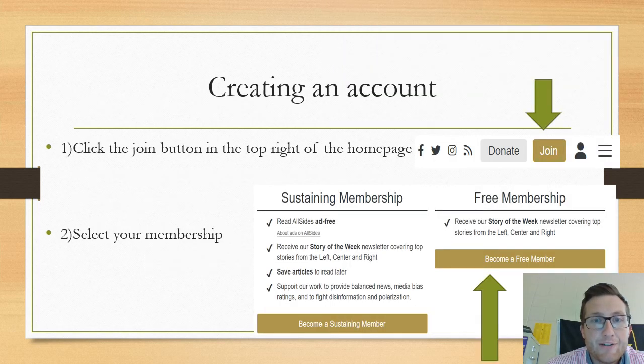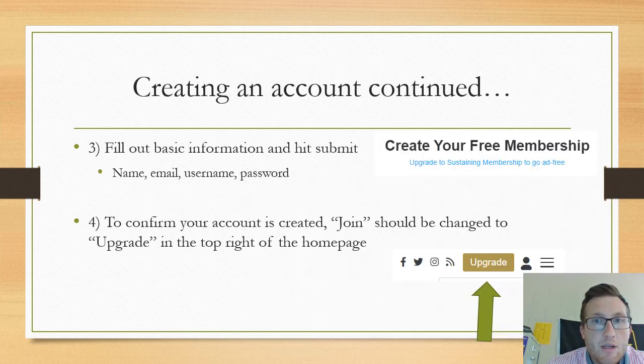Creating an account is very simple. As soon as you get to the home page, you click Join in the top right, and then it will ask you to select your membership, either sustaining membership or free membership. If you select Create Your Free Membership, it'll just ask you to fill out some basic information such as your name, email, username, and password. Once you hit Submit, it will bring you back to the home page, and where it originally said Join, it should now say Upgrade, and that'll show that you've created an account successfully, and you do not need to confirm